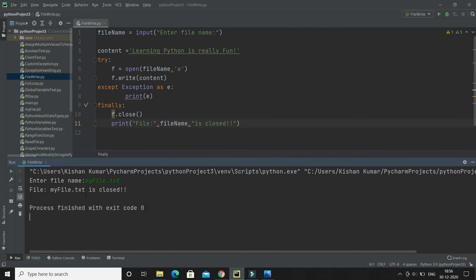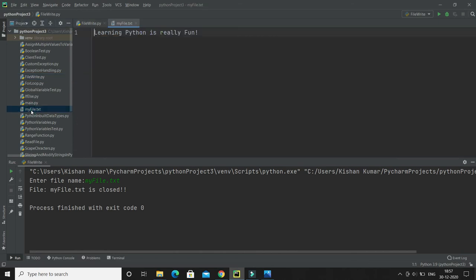I run this program, and after this nothing has been printed, and finally we get a message here, file is getting closed successfully. Because we are just writing content to the file, and we are not printing anything in the console. But I could find that file here, my file txt, and here you can see the content.